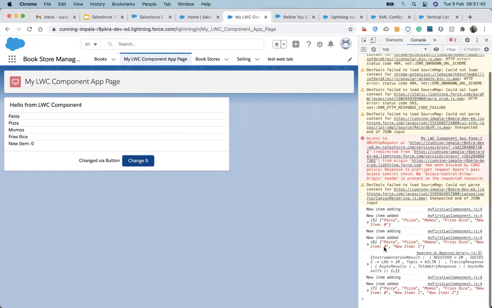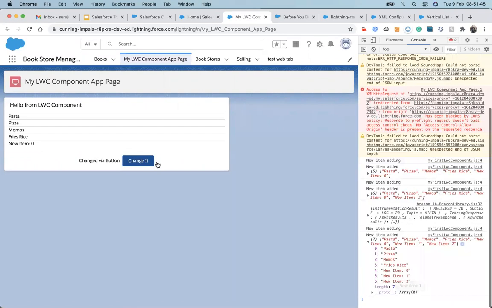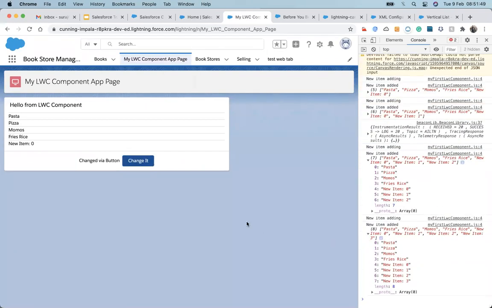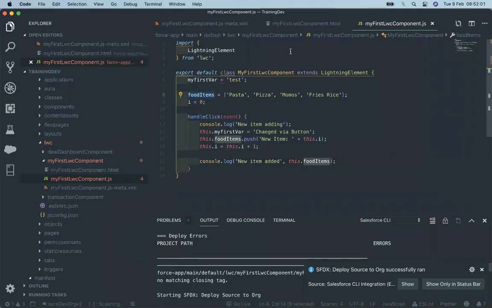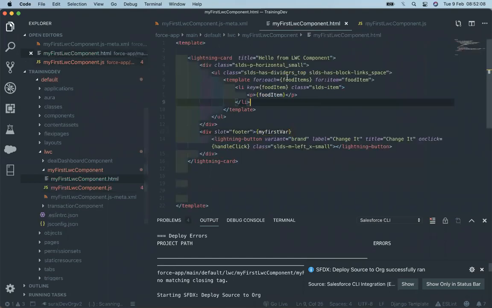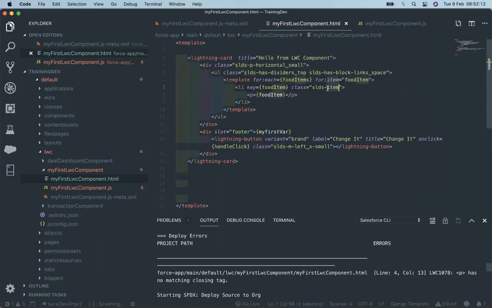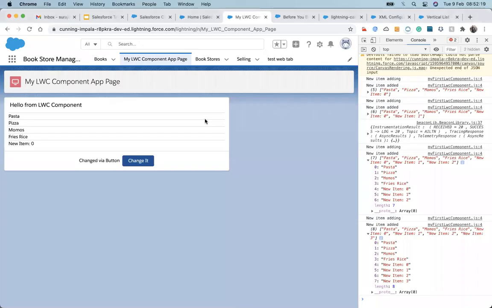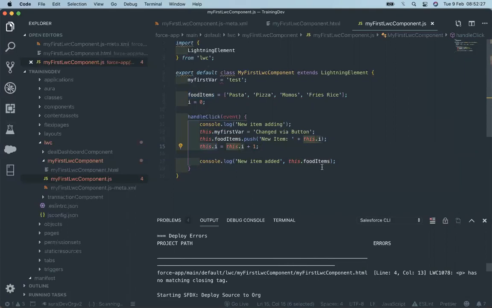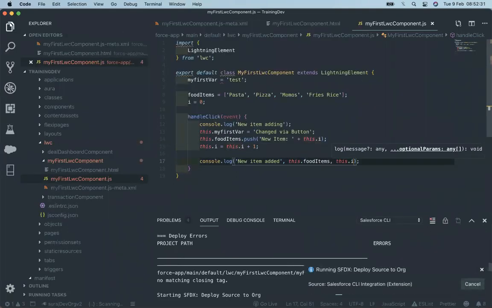Here it is adding, but not reflecting. Might be this i is not incrementing, because if the key is duplicate, then it will not show that value.